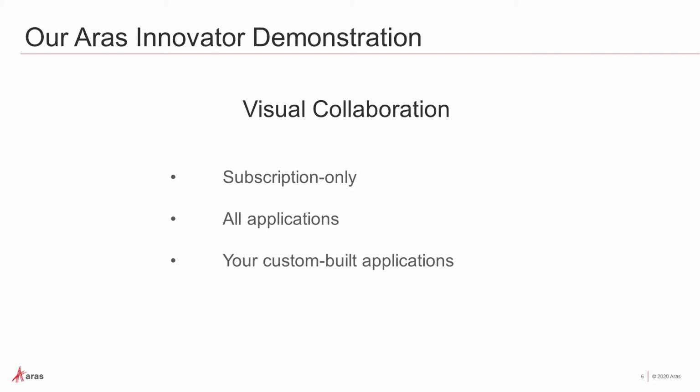So what you see today, you can open up in any application, and you can also turn it on inside of any application. So that applies to your custom build applications. If you're in there building new custom applications, item types, or customizing ours, you can turn on and off this capability that we'll see today. And in fact, if you need more information about that, you can go to our blog. There's a little series on creating an application, and one of the series includes turning this on and off and getting it to work for your team's needs.